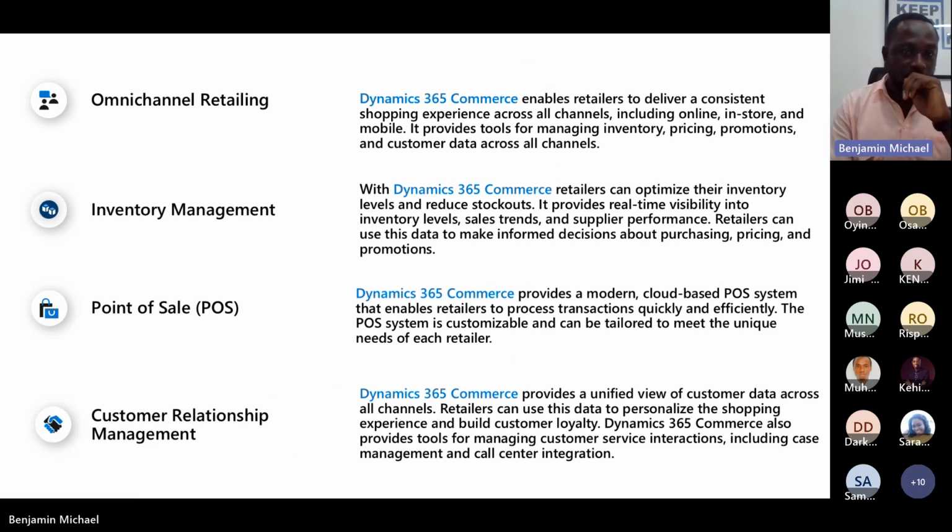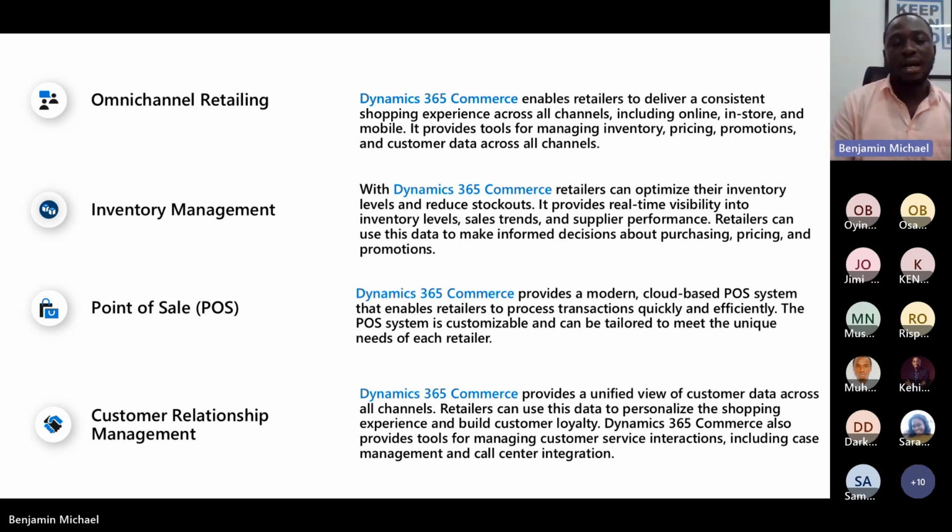For the omni-channel retailing, this is the ability for businesses to sell their products using different channels. So they provide a channel for their customers to interact with them or to make purchases from their stores using maybe the online channel, which we call the e-commerce platform, the in-store channel, which is regularly called the supermarket, and the mobile channels, which we call the call center.